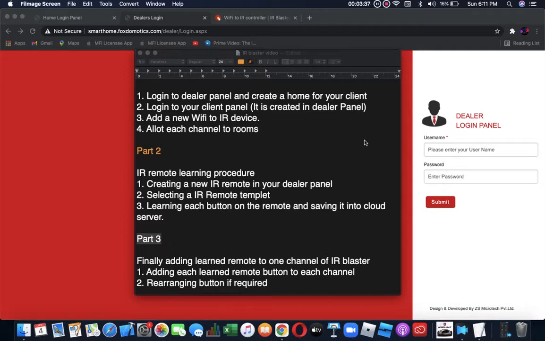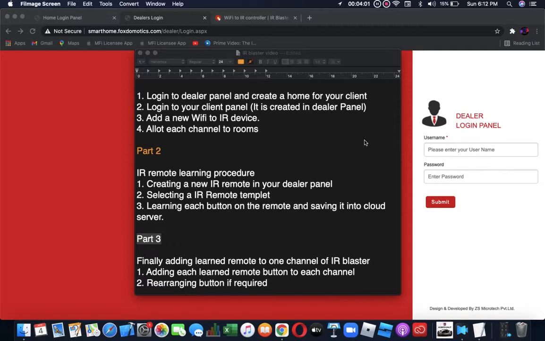The point number 2 which we are going to cover here is selecting an IR remote template. A template is predefined: for TV we have already defined a TV template, for music system we have a music system template, and similarly for AC we have an AC template. You can use all these templates.